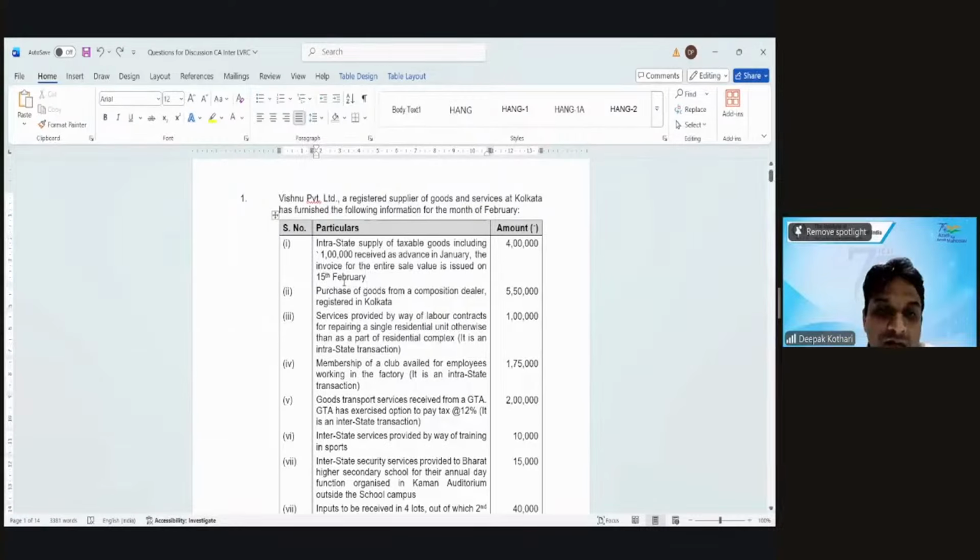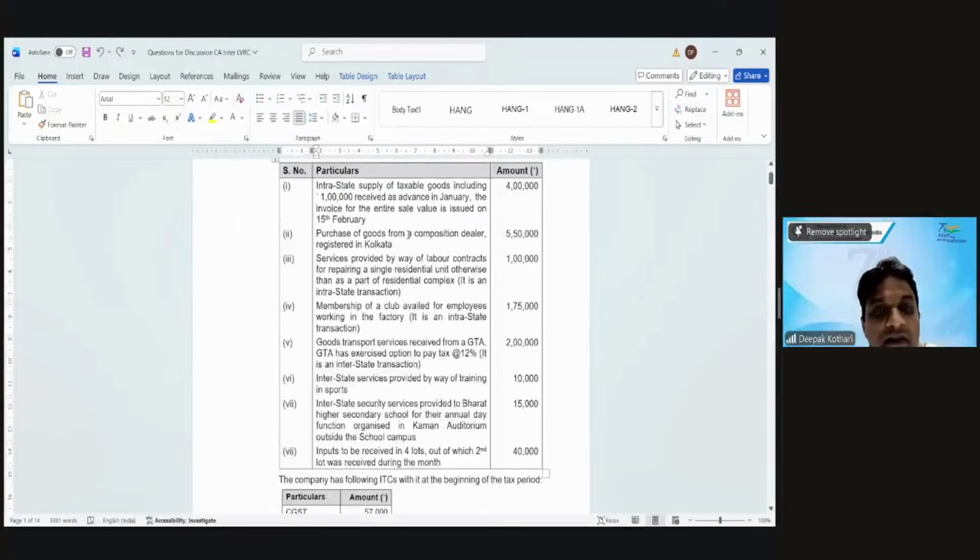Okay. So purchase from composition, no ITC. First point is you will pay GST on 4 lakh rupees, because even though you have received advance, GST is not payable on advance for goods. So GST is payable on the invoice. We have raised invoice for 4 lakh rupees, so we will pay GST on the 4 lakh rupees. Second, purchase of goods from a composition dealer, no credit. Third point,